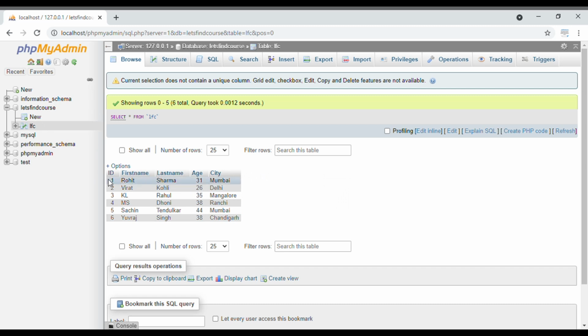ID is unique: 1 2 3 4 5 6. First name you can see, last name you can see. Age can be the same for two records. As you can see, the same age 38 and 38, and the city can be the same, like you can see Mumbai over 2 times. So in this video we are going to see how you can apply the distinct statement